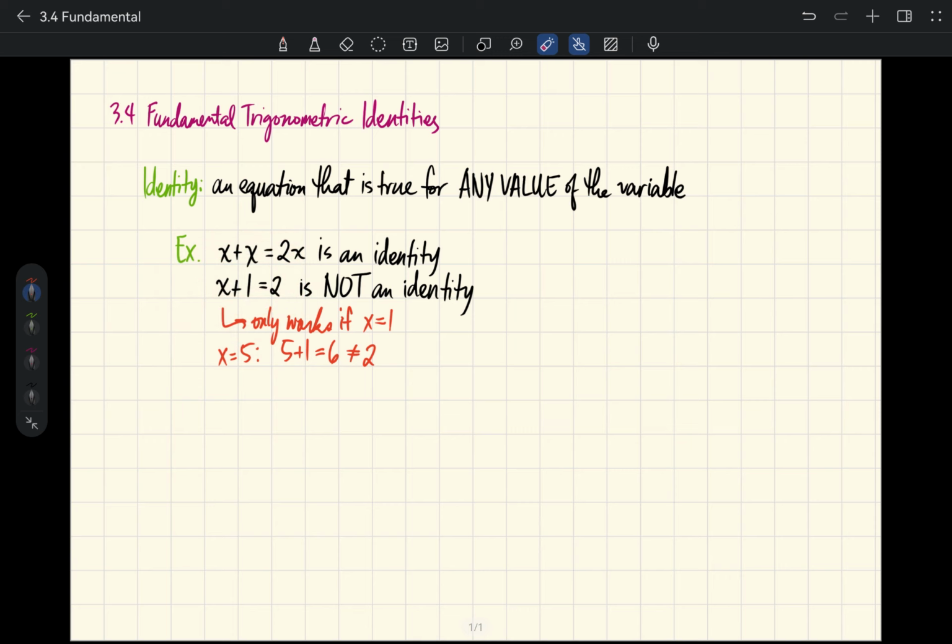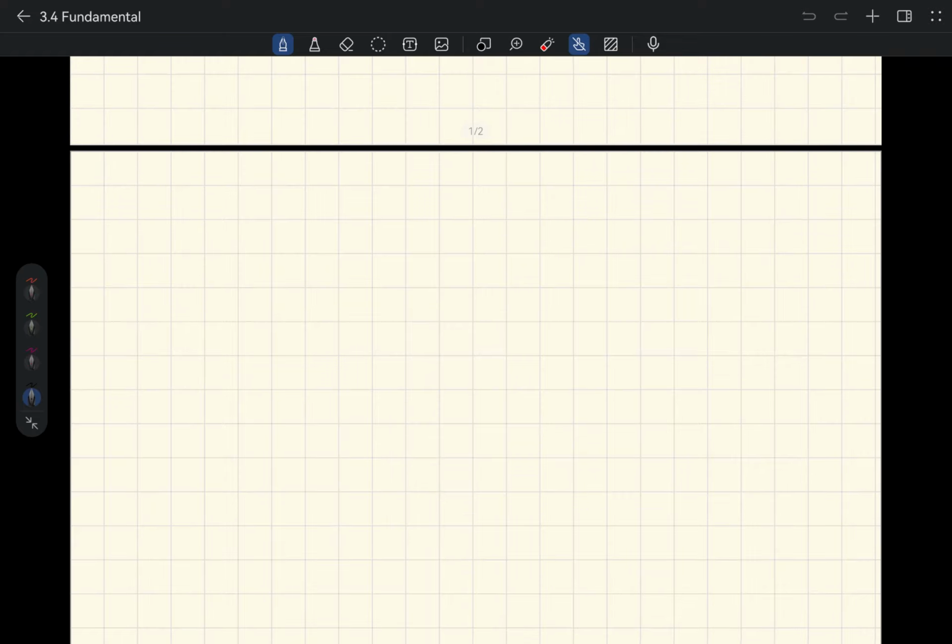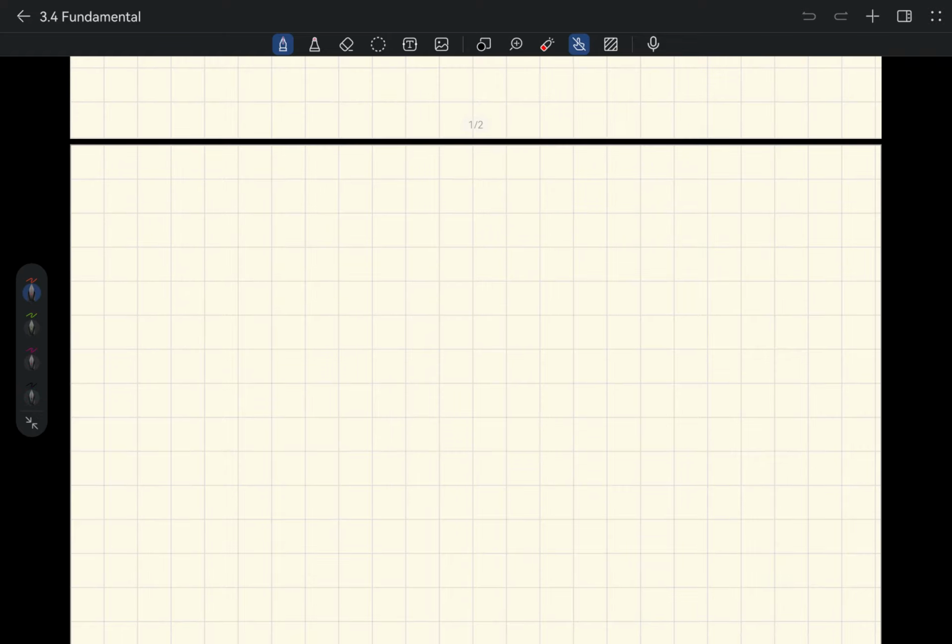So for today, first and foremost, we will identify what the fundamental trigonometric identities are, and after that, we will try to prove more identities using these fundamental trigonometric identities. So let's start first by recalling the definition of the trigonometric functions. So recall,